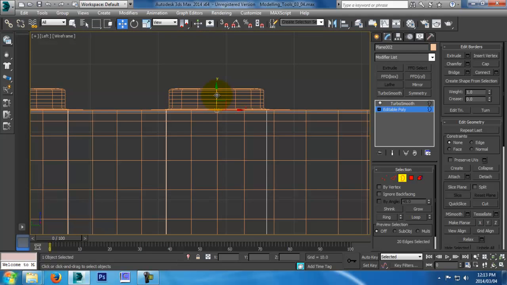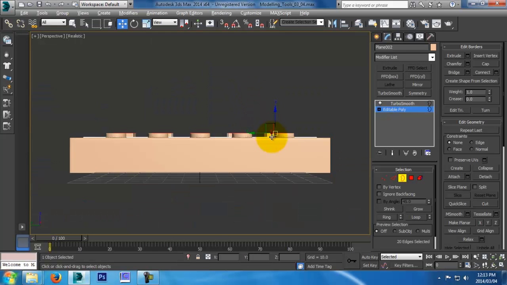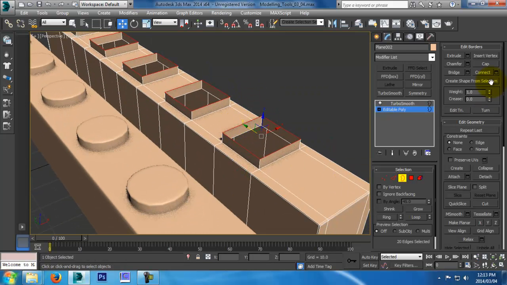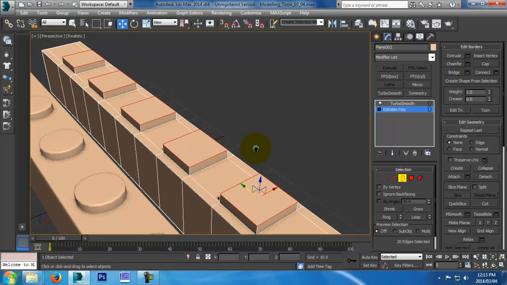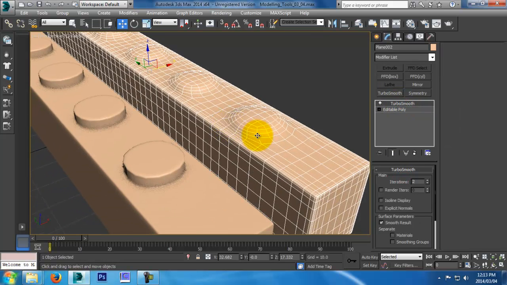I'm going to shift it up, hold shift, and as you can see I'm creating new faces out of those. Once again, now we've created those edges, you can cap them. Cap literally closes off the tops. Okay. And now if we smoothen that, it will be broken again because we don't have any detail around the